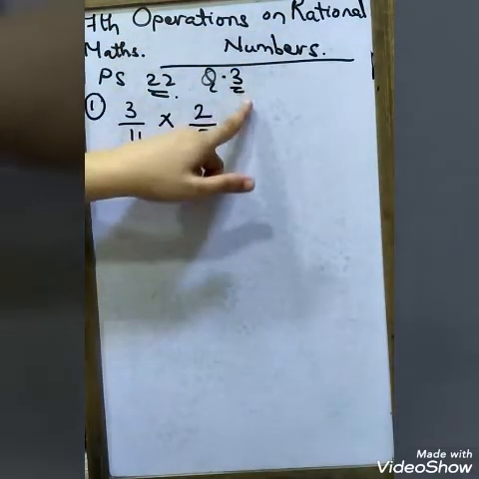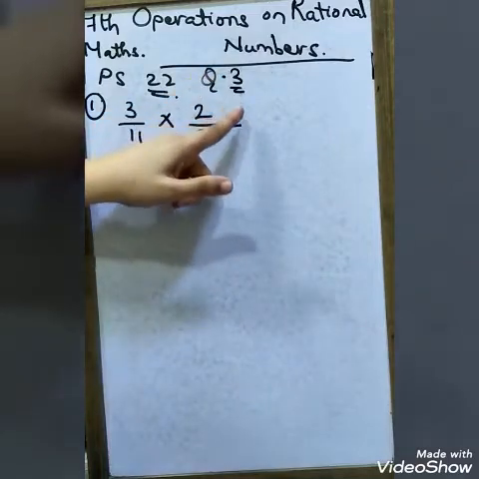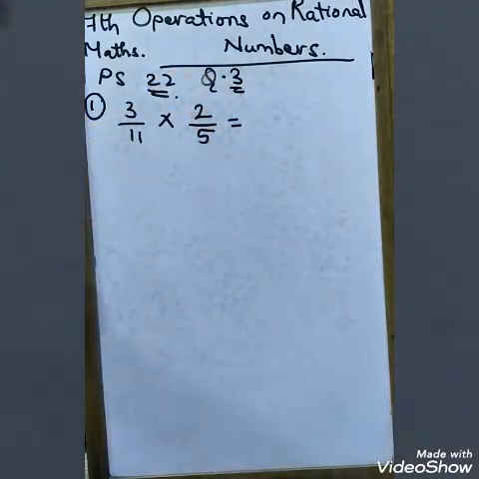Today we are going to solve the 7th standard maths operation on rational number practice set 22, question number 3. Yesterday we had completed in the video till the question number 2. Today we are going further with the question number 3. So I am reading the question number 3. Kindly listen to it very carefully. Multiply the following rational numbers.